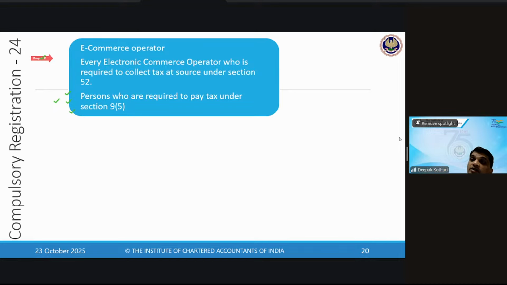But for whatever transaction you do through Flipkart, Flipkart will collect TCS and remit the balance to you. Say you made a sale of 1,000 rupees. The customer has to pay you 1,000 rupees plus GST, say 1,180. Now the money will go to Flipkart. Flipkart will deduct the TCS because it has to collect the TCS. So from this 1,180, it will collect TCS of 100 rupees and pay the balance to you, right? So Amazon, Flipkart, Myntra, all will come under the first category.